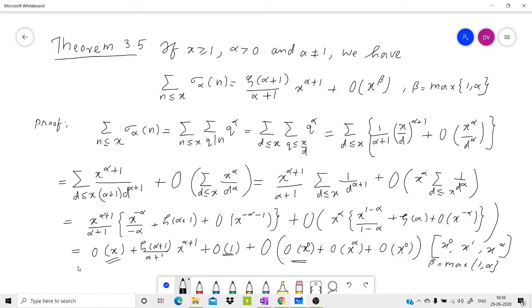So this is equal to theta of alpha plus 1 divided by alpha plus 1 times x raised to alpha plus 1 plus O of x raised to beta. What is beta here? Beta is nothing but the maximum of 1 and alpha. Then these three terms, O of x, O of 1, O of x raised to alpha, this whole quantity can be written as O of x raised to alpha. So you can replace these three quantities by O of x raised to beta, where beta is the maximum of this. Okay, this is what we have to